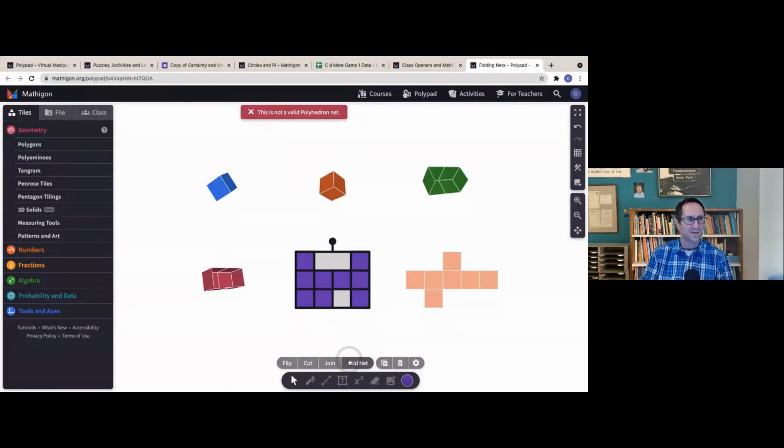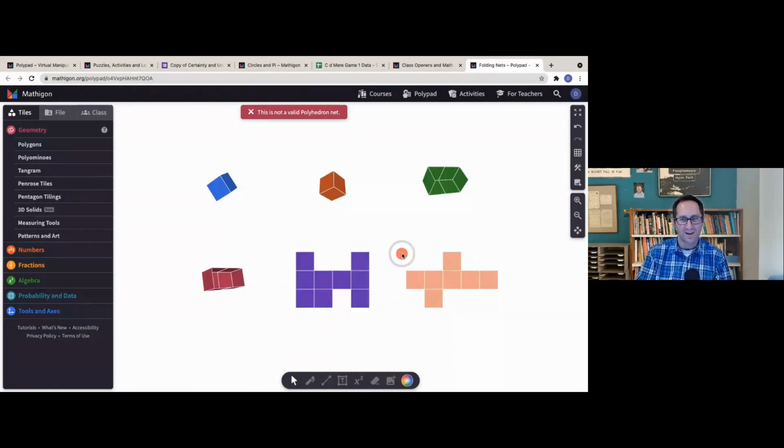I've seen a couple of my students and my kids. I have a 6th grader and a 3rd grader. And when this feature came out over the summer, they just love trying to build things. And most of the things they built initially couldn't fold. And what great thought process for them as they were problem solving it. Why isn't that folding? What's happening here that causes that not to fold?